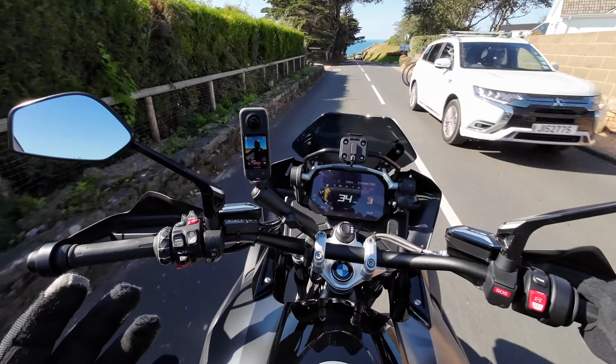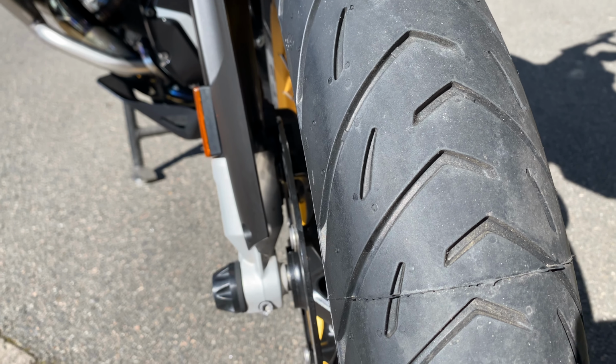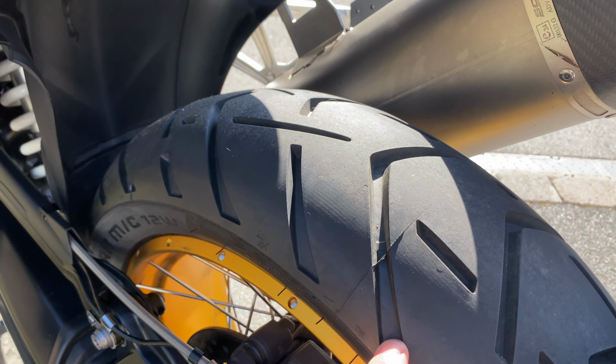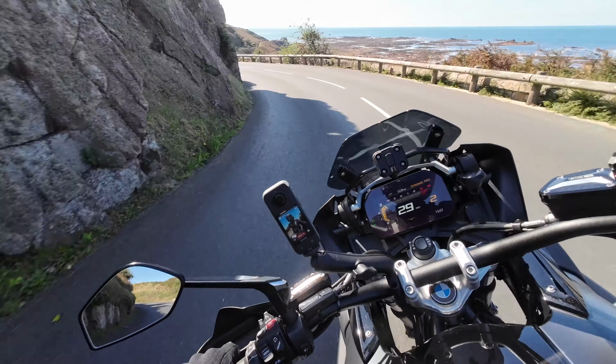So the tyre design itself then, it has got lots of cuts and grooves to just get rid of the water and any dirt and debris and that kind of stuff, as you can see here, both on the front and the rear. And they actually look, bit of a pathetic statement actually, they actually look quite a nice tyre as well. So they look really good